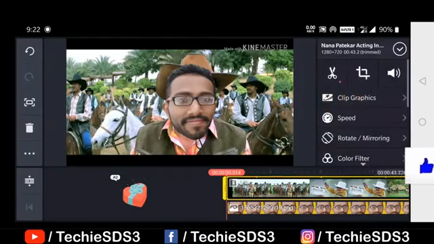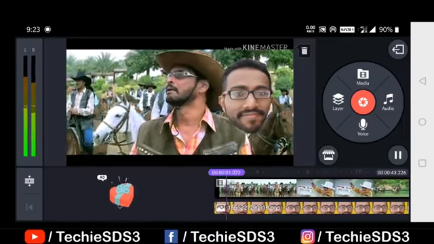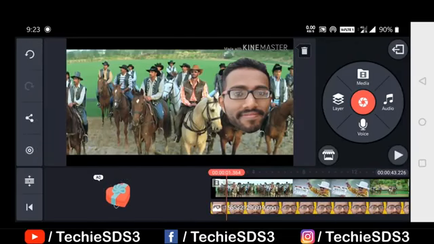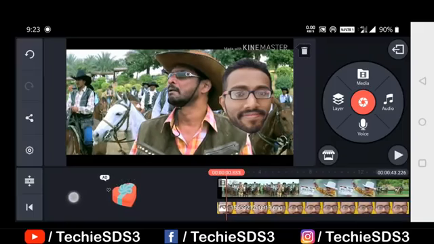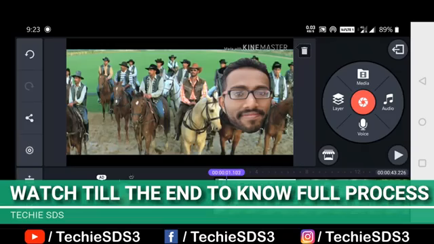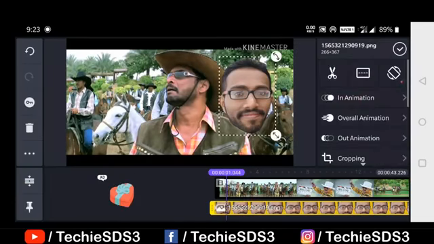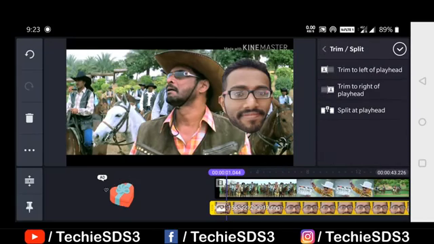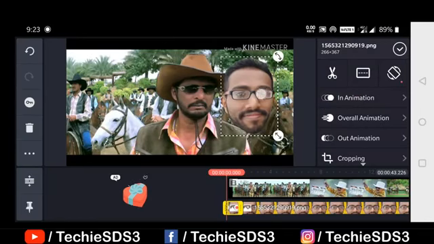So the first work is done. Now what you have to do is play the main video and trim to the first scene. As you can see, after 1 second the scene changes. So till then you have to crop the second image. That's my face. So till here select the second image, the face, then trim, then here click on split. So we have got the first scene. So now you work on the first scene.